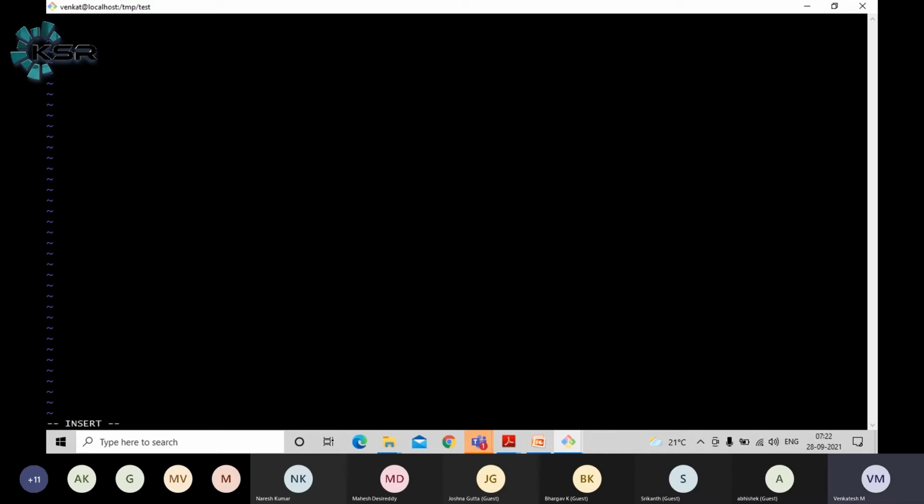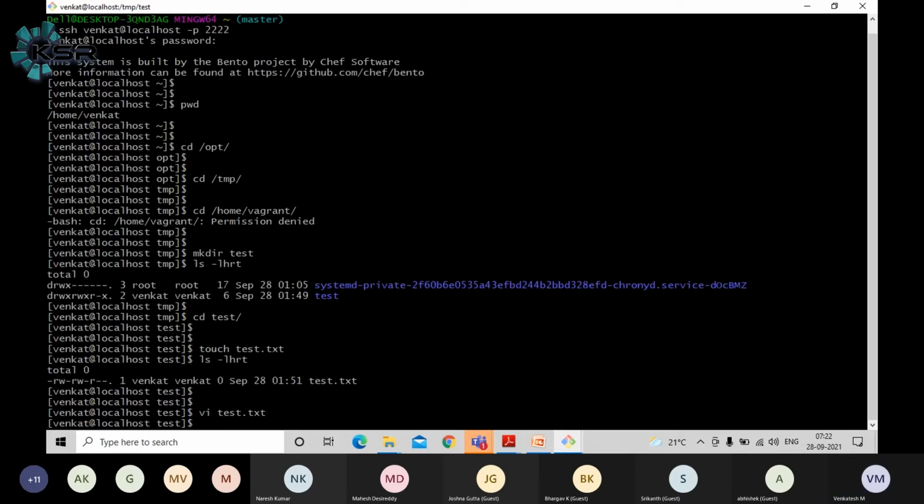Once you enter, you need to press insert. Then you can type here whatever data you want to add. Similar to Notepad, you can add any data here. So we can add the data, guys. To save, escape :wq. This one you can practice, guys. If you practice it a couple of times, you will be very comfortable with all these Linux commands. Then I have saved the file, guys.